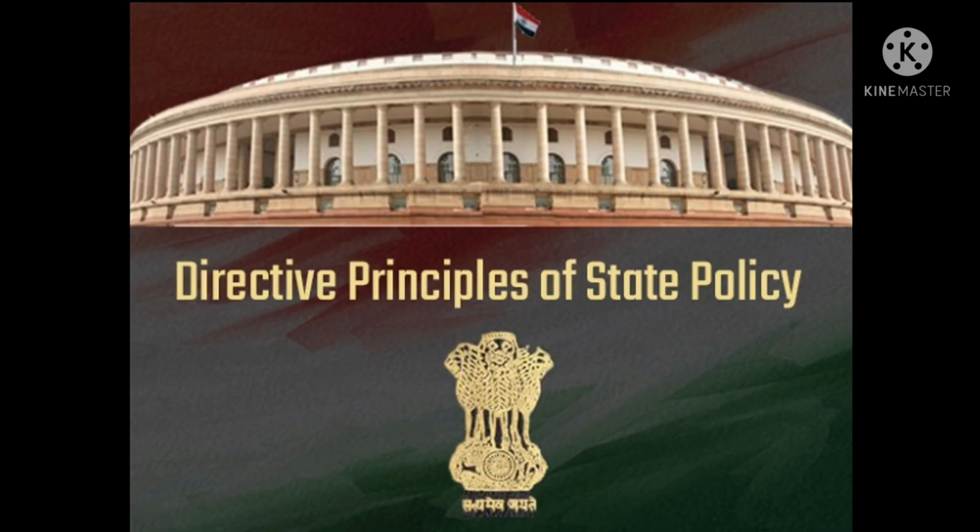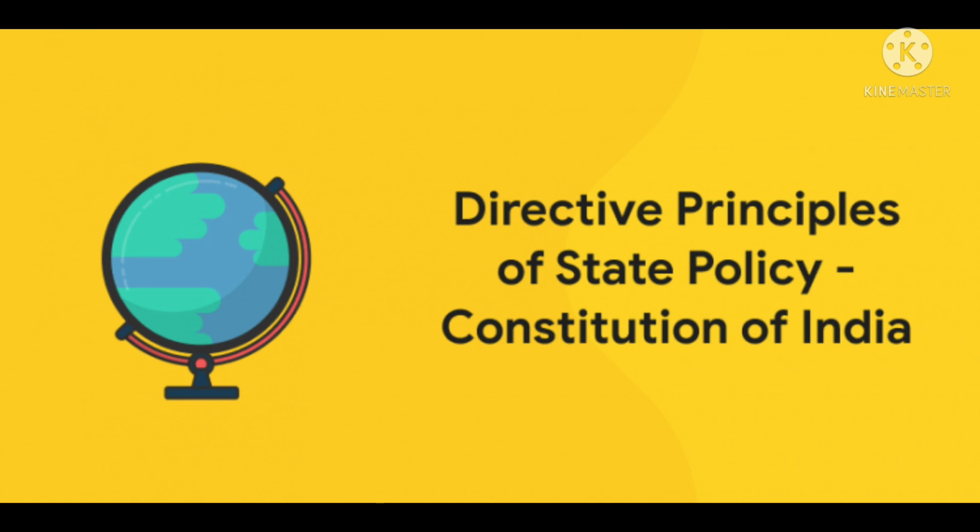These directives are called principles. They are as follows: to provide adequate means of livelihood to all citizens, to prevent the community's wealth and resources from becoming the private property of a few people, to provide equal pay for equal work to both men and women and to protect labor welfare, to provide public assistance to those who are old, sick and weak, to implement a uniform civil code throughout the country,